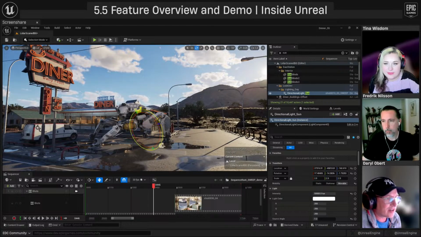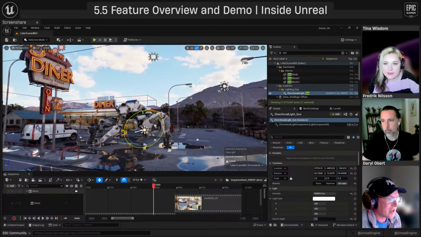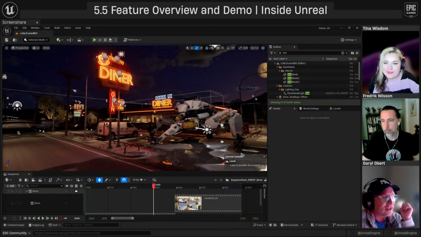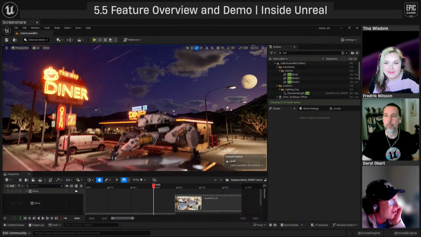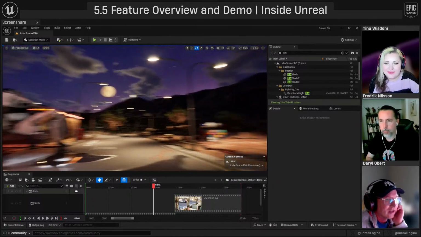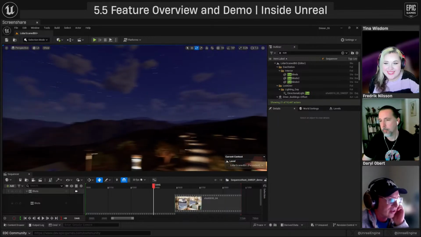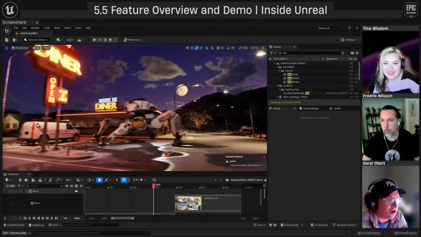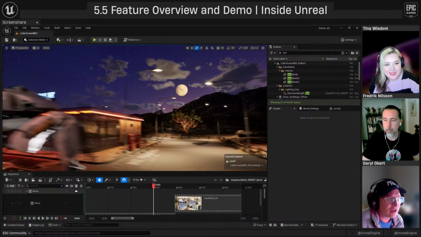So if we take the sunlight and we start to hit G just so we can see what's going on with the sky. If I drop that, okay, there you go. So you can see once we get into a more nighttime environment, all those lights start to kick in and start to glow, and it all looks really pretty. And then obviously, I've got lights going all the way down my road, and lights going way down that way. This is several hundred lights that are on now, all ray traced. So again, super crisp, super clean, no noise. Everything's just doing what I want.